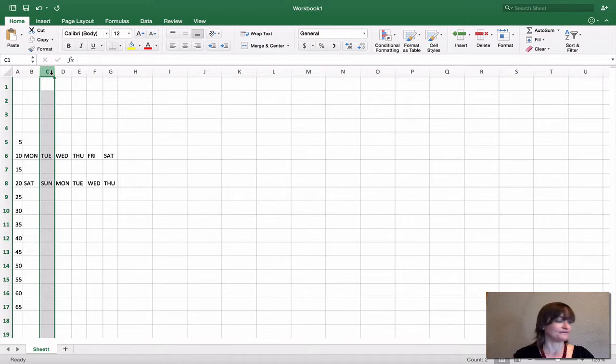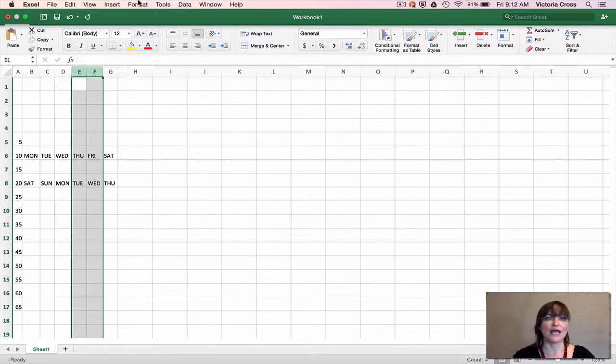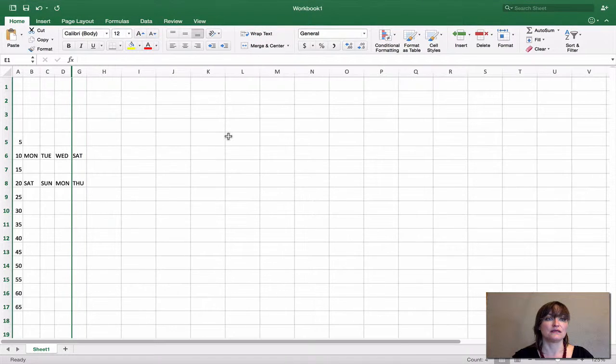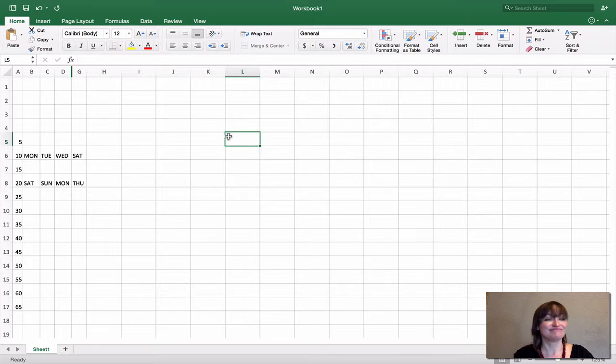Let's hide a column. So I'm going to select column E and F, and under my Format pull-down menu, column, I'm going to choose Hide. All right, are they gone? No, they're just hidden.